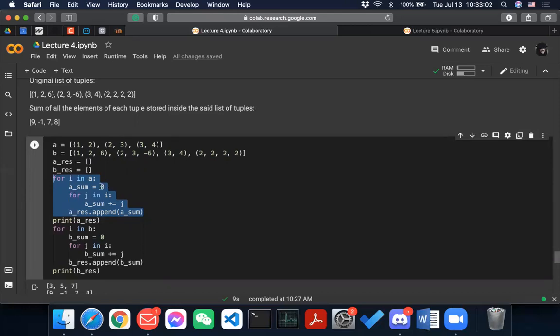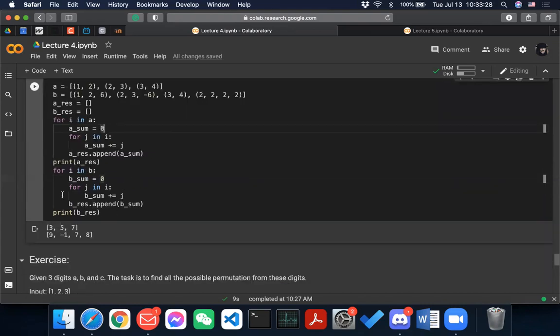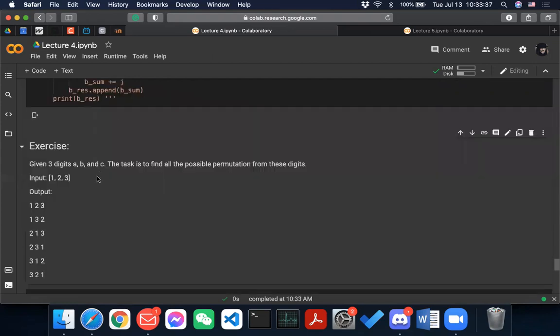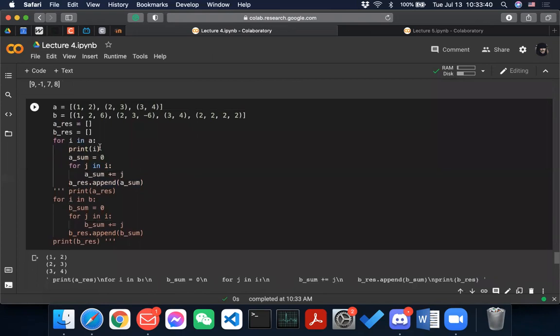And the first loop, so this is using the idea of nested loop, right? So you can have a list, and then for i in A means that you are taking every element in the list A, right? And if you are actually not sure what those are, then you can print i, and I will just demonstrate this. So if you try to print i, then you will get this, right?